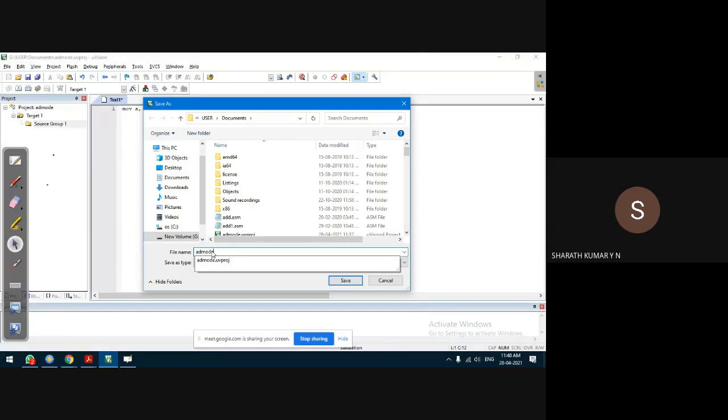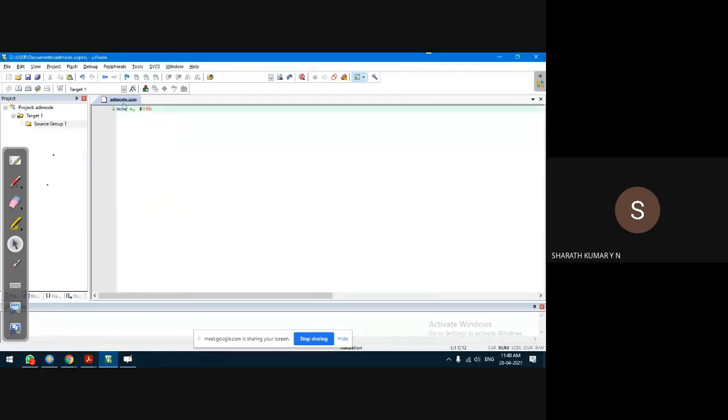You have to give the dot extension. Since it is an assembly language program, the extension is .asm. If it is C language, it will be .c. If it is C++, it is .cpp. So give the name for the source code with .asm and save the file. Did you notice some changes?